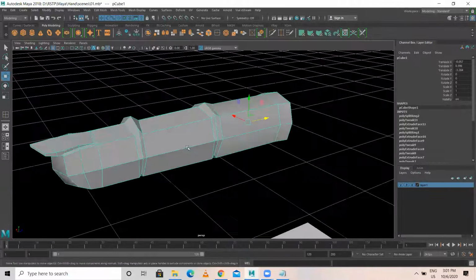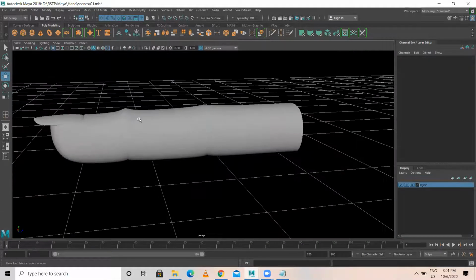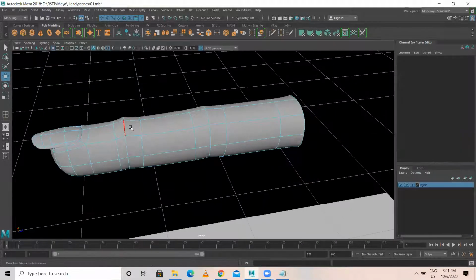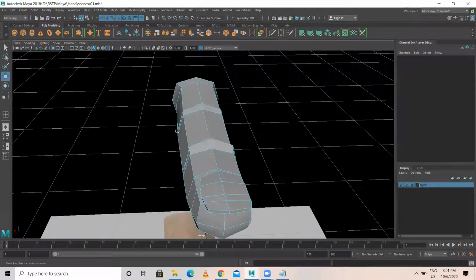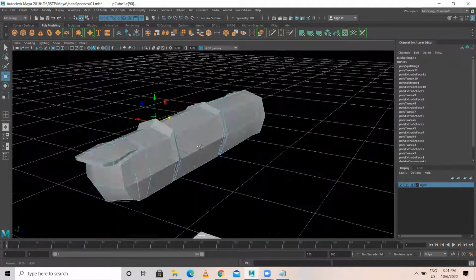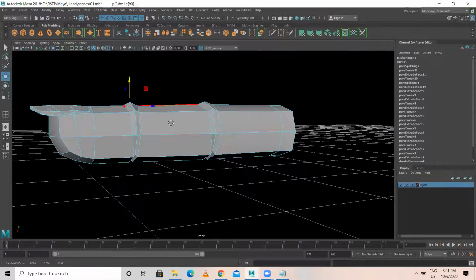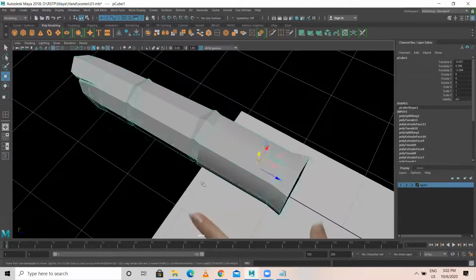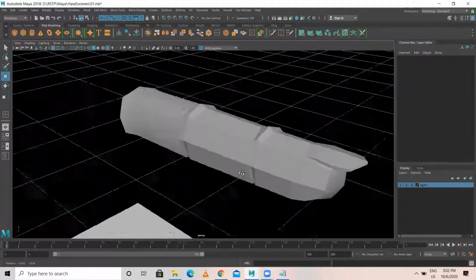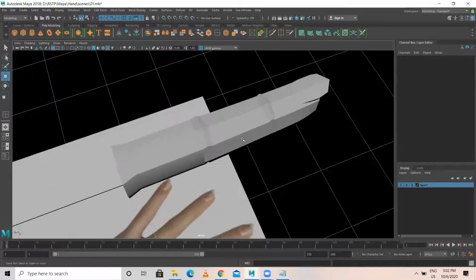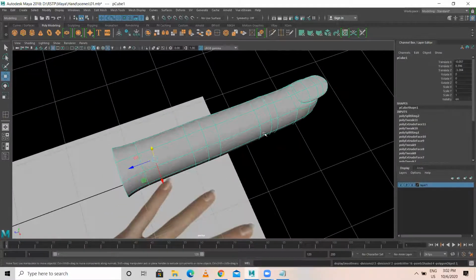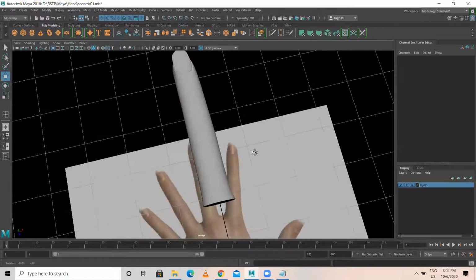No, sir. Okay. Now press 3. This is the output which you achieve, which you can get. This is how it looks in hard mode. Okay. When you press 3 smooth, this is how you get.